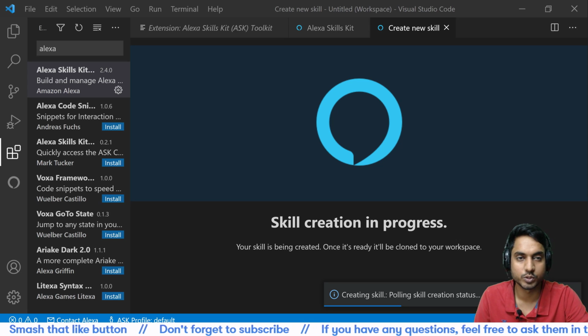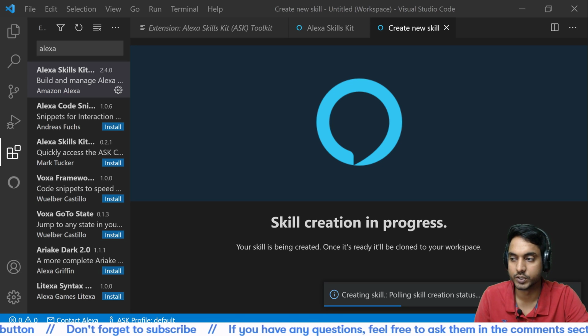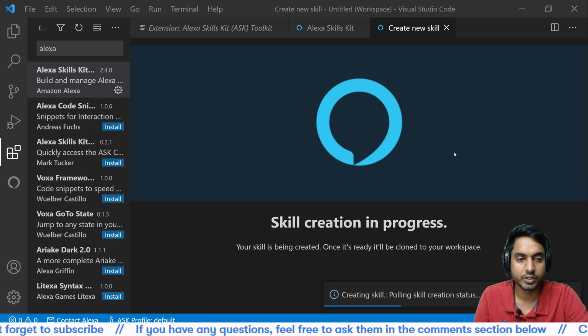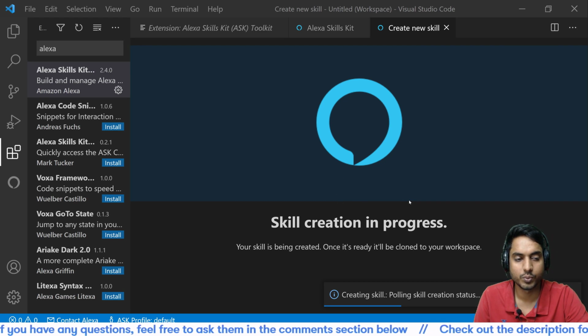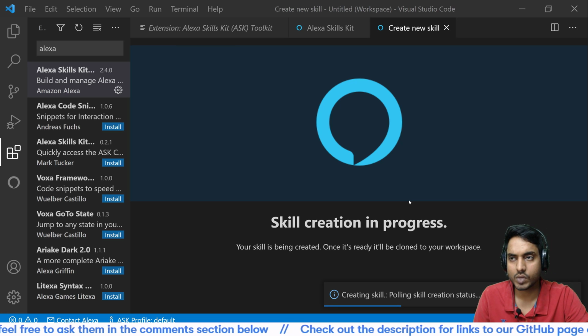So if you're not able to see it, you will be able to see it on the console but not in the video. So once you're done with that, you will arrive on this page where it says skill creation in progress. So we need to wait for a minute or two while the skill is being created.